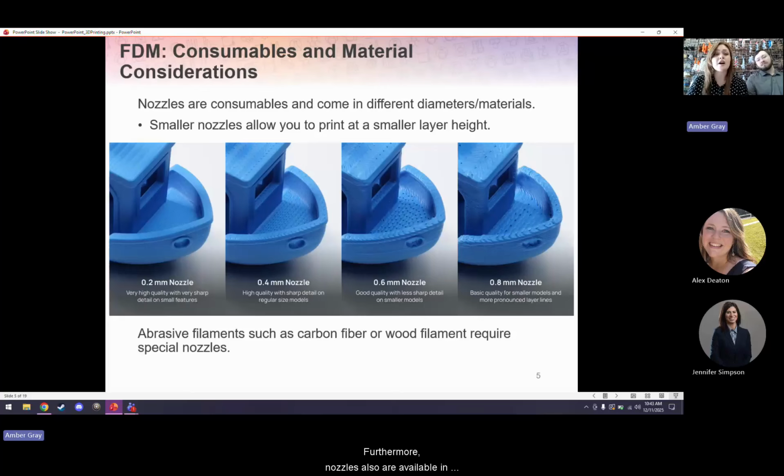Furthermore, nozzles also are available in different types of materials. The most common types of nozzle materials include stainless steel or brass. But some filaments that you may want to print with may contain abrasive particles. For example, you could have exotic filaments such as carbon fiber filament, which is really strong, or even filaments that contain wood particles within them, so your 3D print looks like a piece of wood. These abrasive filaments require a really strong nozzle. And so these are just some items that you can keep in mind whenever you go to replace your nozzle